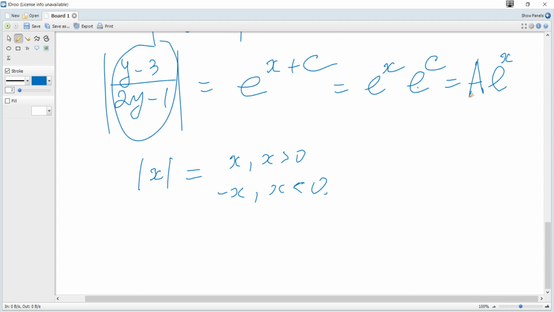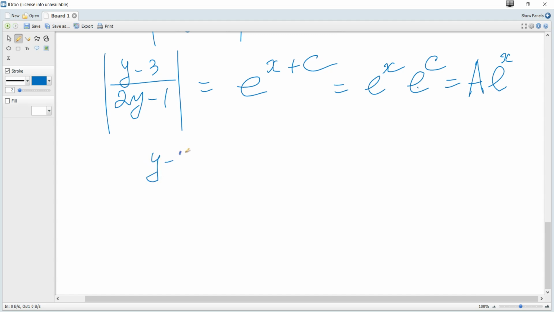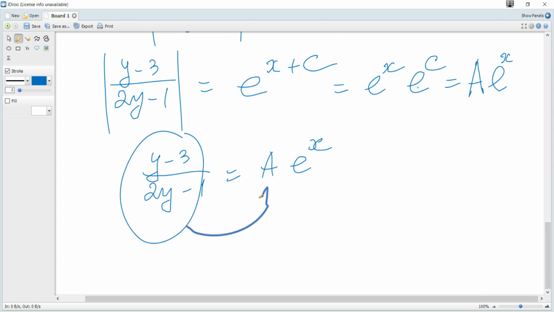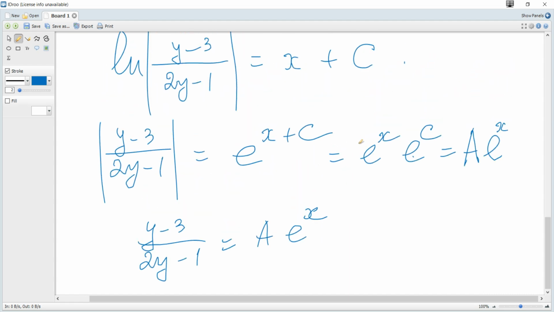So if this is positive, it becomes just a times something, but if it's negative, it becomes negative a, but a or negative a is some constant to be found, and we can write just y minus 3 over 2y minus 1 is some constant times e to the power of x, and this constant will take into account this value being positive or negative, so it doesn't matter, it is already included in this unknown constant, and it's actually the general solution,